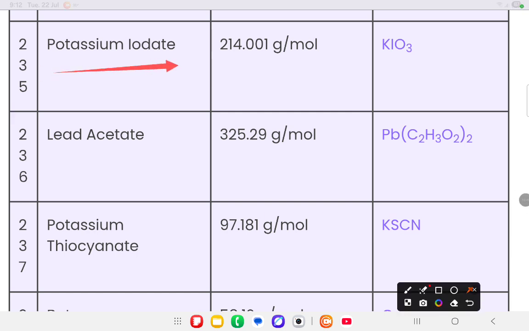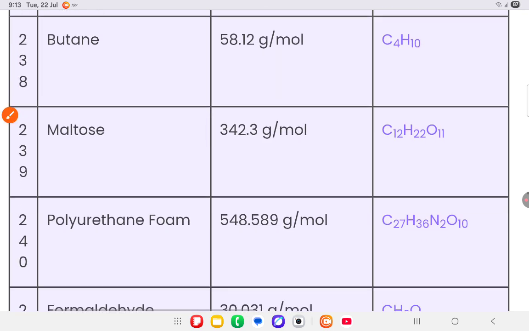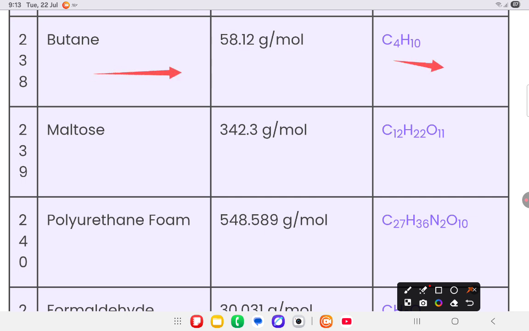then potassium iodate that is KIO3, lead acetate that is Pb(C2H3O2)2, potassium thiocyanate that is KSCN, then butane that is C4H10, maltose that is C12H22O11, polyurethane foam that is C27H36N2O10,